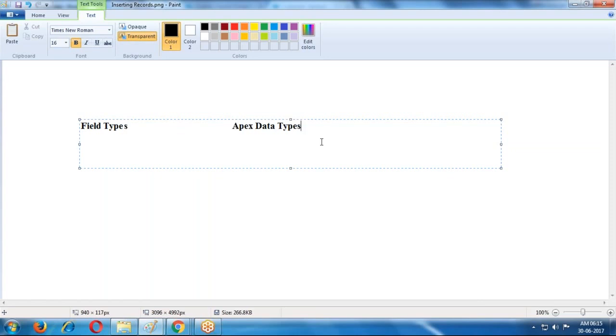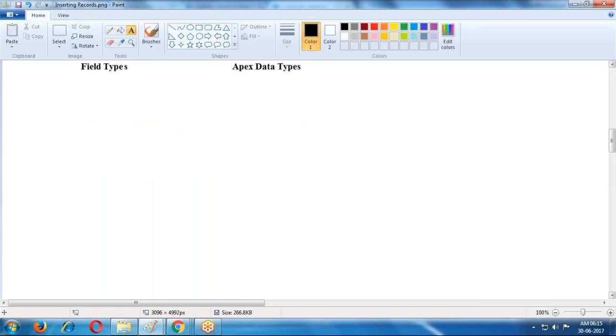Now, in the administration, we have different field types. What are the different field types?